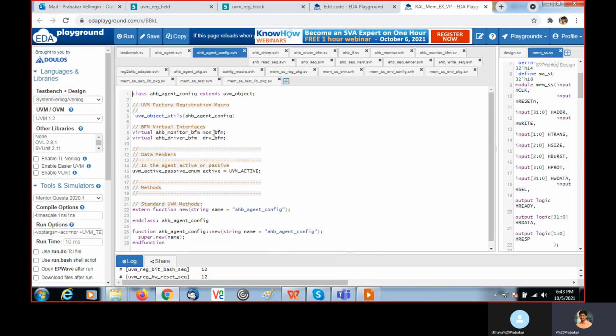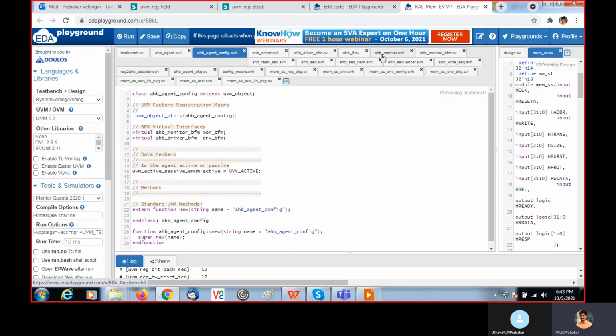To access this monitor BFM and driver BFM, and this UVM active passive, we need it as part of the environment. So I want to access this monitor BFM, which is present inside the AHB agent config.